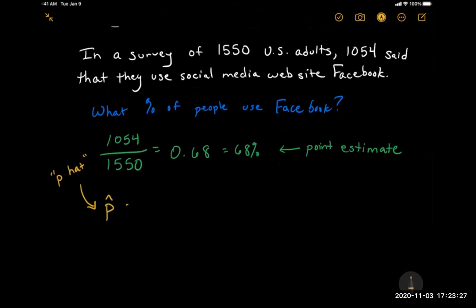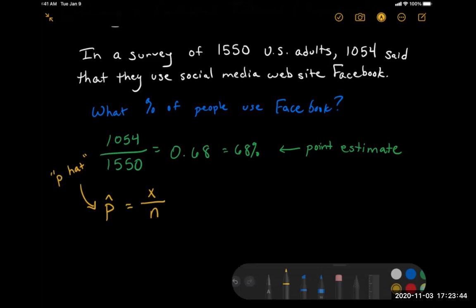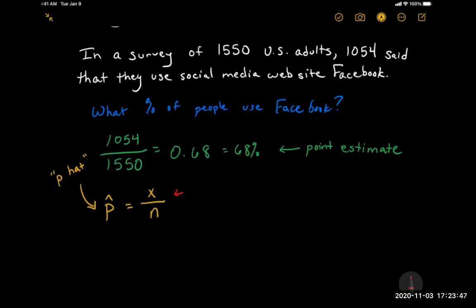And the way that you find that is the part, which is the number of successes you have. And I know you can't see me, but I'm putting successes in air quotes. Success, meaning people who answered yes to my question, over N, which is the number of people that I surveyed. So I'm going to say that this is successes over trials. And the way that you would say that in English is people who said yes over people I asked.